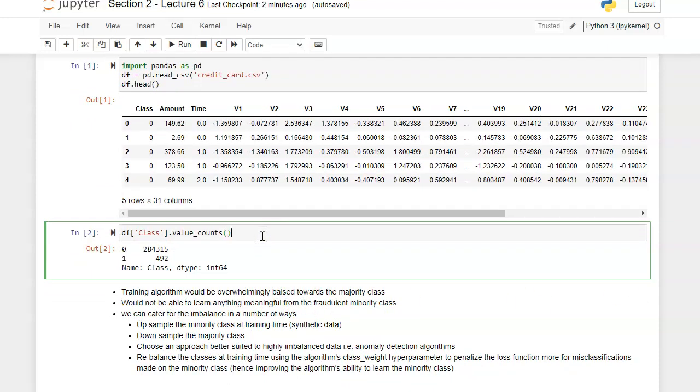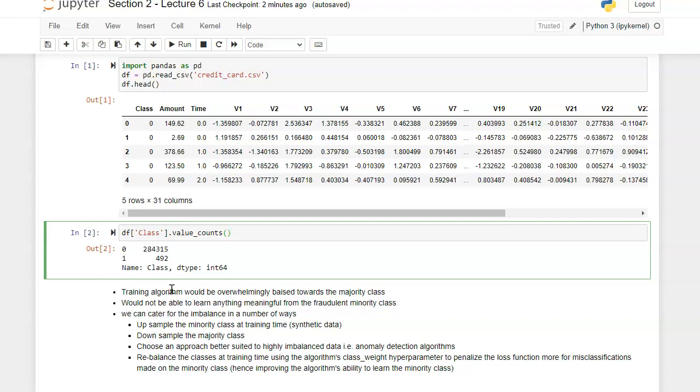So if we are training a model, what we're going to find is that the algorithm that we use would very likely become overwhelmed and biased towards the majority class, which is the normal class. So it might end up learning patterns of the majority class only, while neglecting to pick up much on the minority class. And that would be a problem, and we'd see that when we actually evaluate the performance of the model. Right? So we wouldn't be able to learn anything meaningful from the minority class,